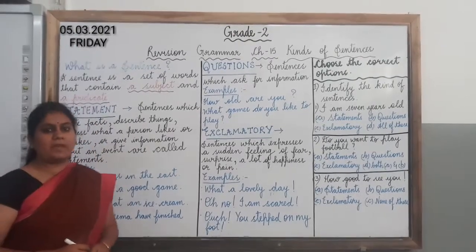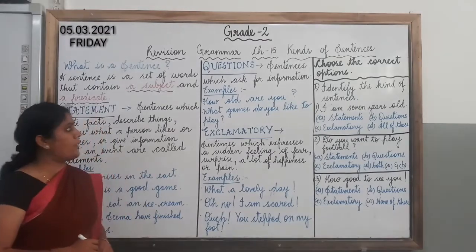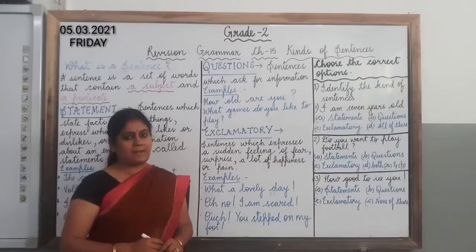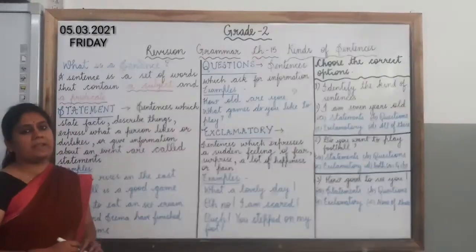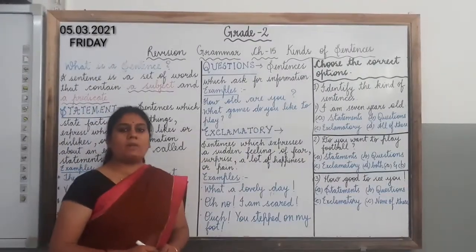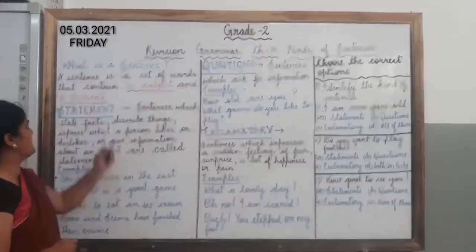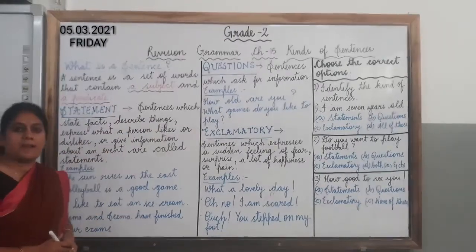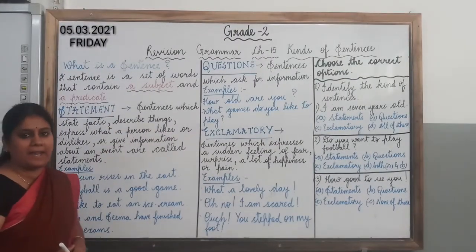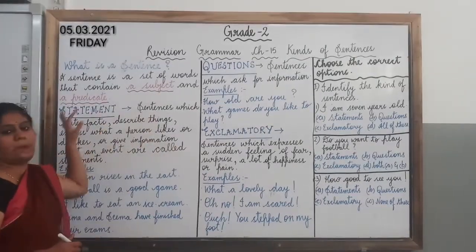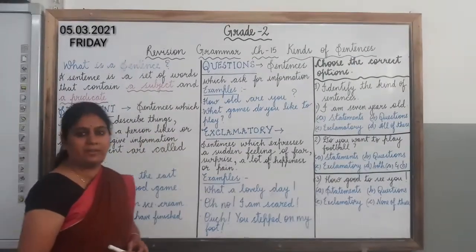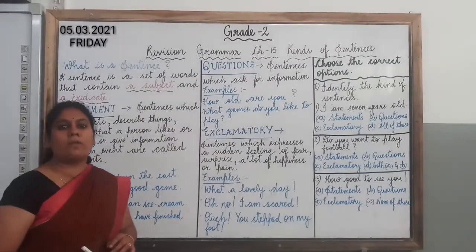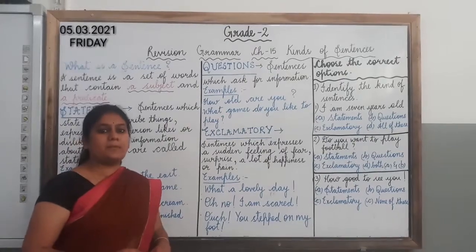In today's session, we are going to revise chapter number 15 from your grammar book, and the title of the chapter is Kinds of Sentences. So before understanding the kinds, let us understand what is a sentence. A sentence is a set of words that contain a subject and a predicate. Children, about the subject and predicate you will be learning in grade 3. So first you have to understand this only, that a sentence is a set of words which contains a subject